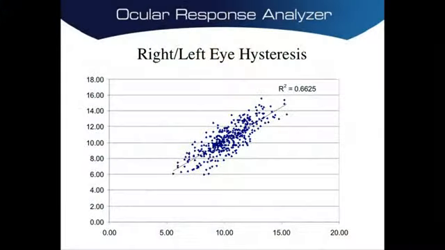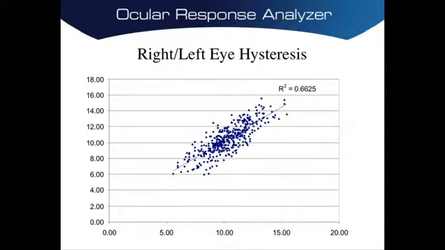It is something that has not been measured before historically, and when we first discovered this phenomenon, we didn't know exactly what it was. Could have been a machine artifact. It could have been something other than a real physiological descriptor of a property of the cornea. So we started to look at other measurements to try and find out what this hysteresis property correlates with. The first thing we looked at was a number of subjects, and we compared the right and left eye value of this corneal hysteresis property, and we found there is a very strong relationship between right and left eyes in